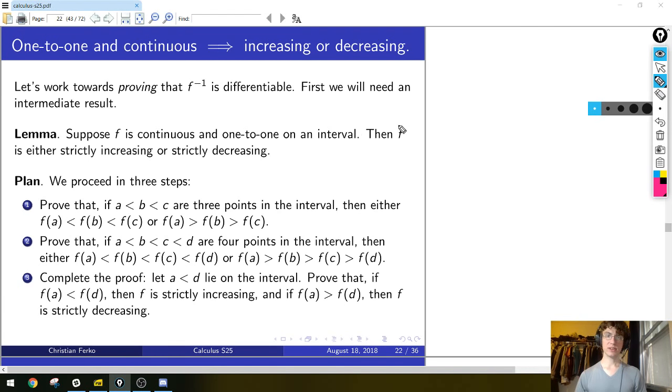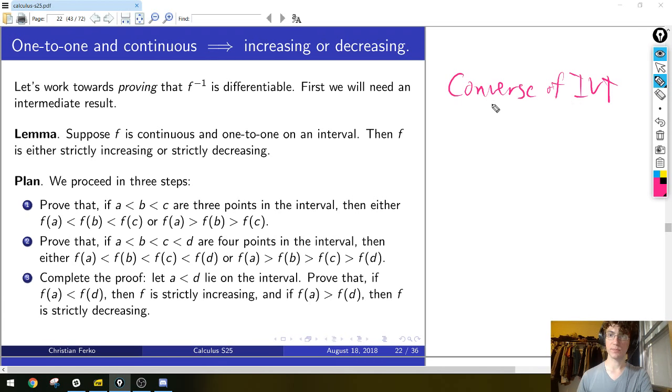And this is actually related to a very prescient comment you made in the tutorial with the converse of the IVT. I don't know if you remember this, but when you were proving the converse of the IVT, at the end of the tutorial I asked you, can you just explain the big picture of what it is that we just proved? And you said that, well, the IVT tells us that if you're continuous, you hit all the points in between. And we didn't quite prove that if you hit all the points in between, then you're continuous. But we proved that if you hit all the points in between and you take on each value once,